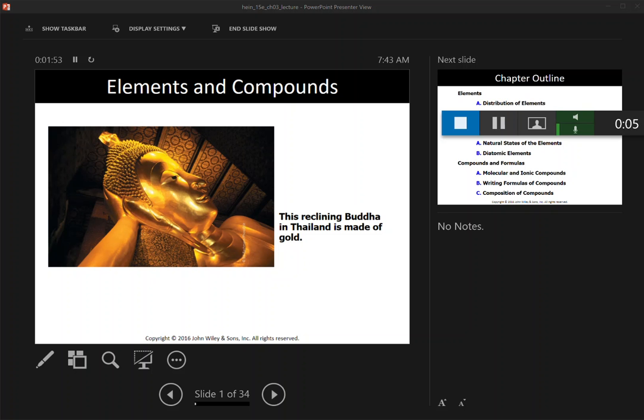So in this chapter, we want to look at the elements and compounds. The reason elements are important to us is because every single compound material that you see around you is made of element, two or more, and sometimes even one. So in order to be able to understand the properties of different materials that we have, in order to be able to discover, explore, and invent, we need to understand the elements, their properties,